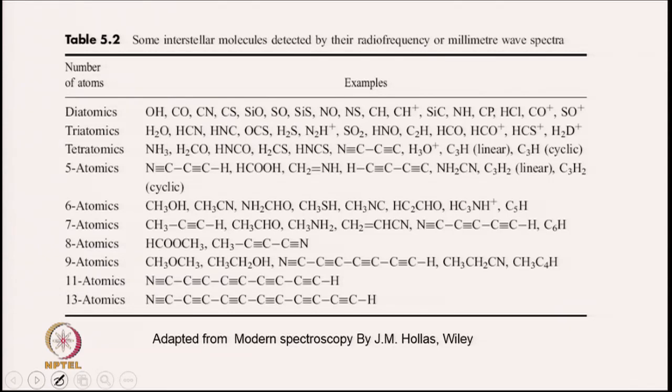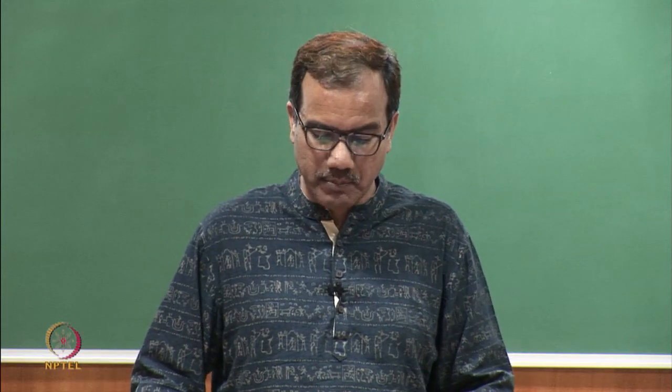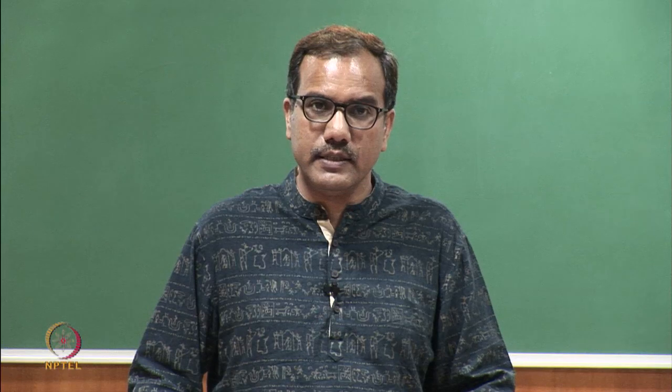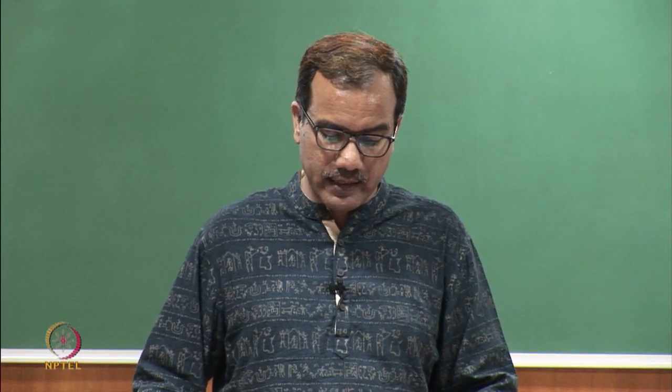There is a whole lot of molecules found in the interstellar bodies, from diatomic to 13 atomic molecules, and the list is given here, taken from the Modern Spectroscopy book by Hollas. Other planets or stars have also been studied for their chemical composition, and this is